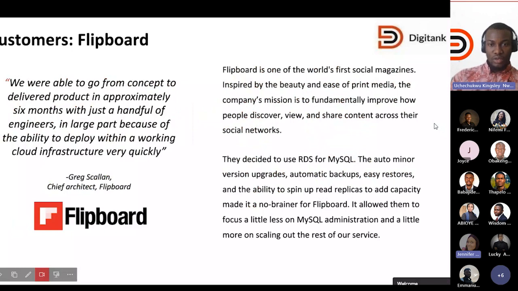So we have Flipboard. Flipboard is a global social magazine with over 100 million users worldwide, and they use up to hundreds of databases running on EC2 instances. They use the MySQL database running on Amazon virtual machines on AWS. So they decided to modernize their database and move to a managed database service, which is Amazon RDS for